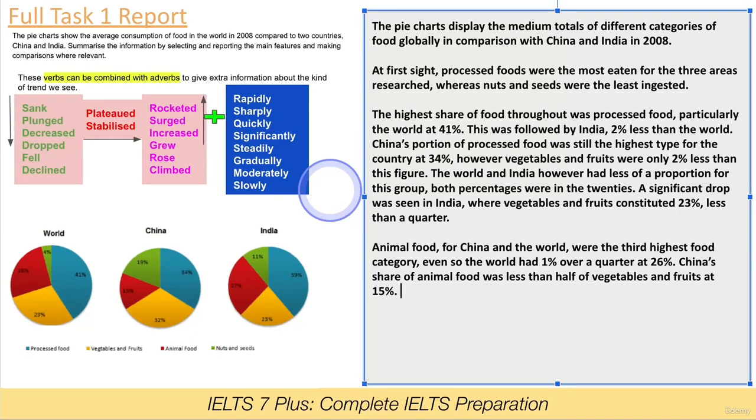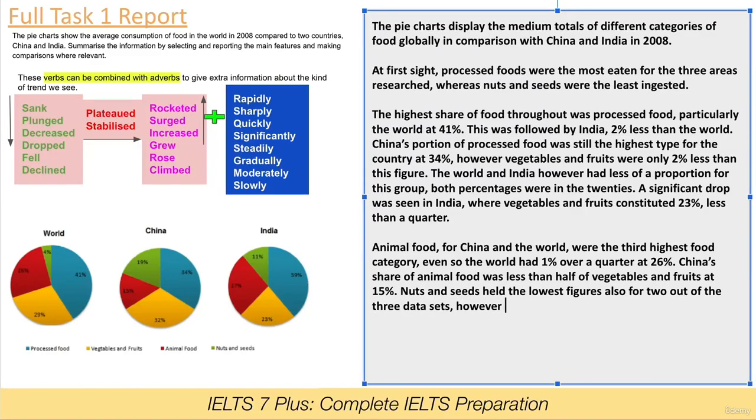Now we can talk about nuts and seeds. And that was the, oh, actually, that was higher in China. So we could say nuts and seeds were also the lowest, or held the lowest figures, also for 2 out of the 3 data sets. However,